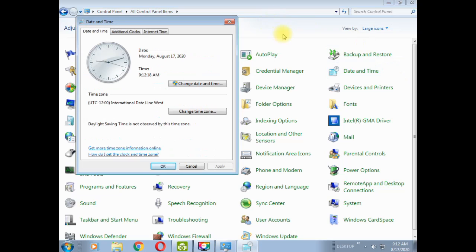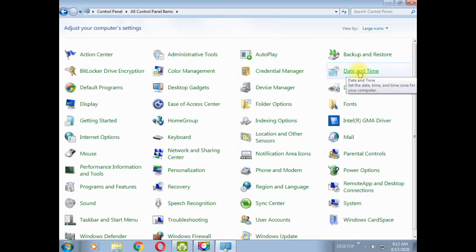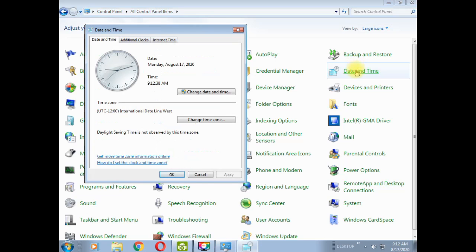Next I am going to tell you how you can change date and time on the control panel. For this, first of all, in the first step, click on date and time option. Select it like this. As you click on it, this date and time dialog box will appear on your screen. In this, on the left hand side, you will see a clock from where you can change the time.